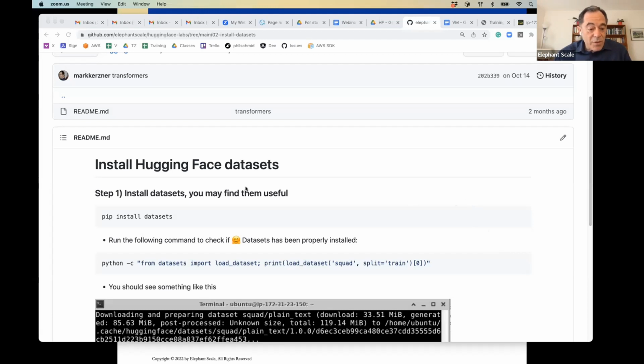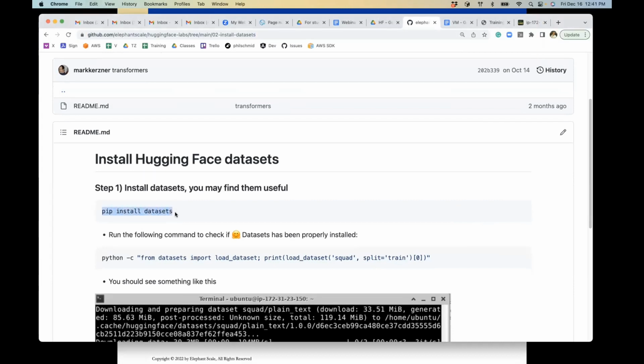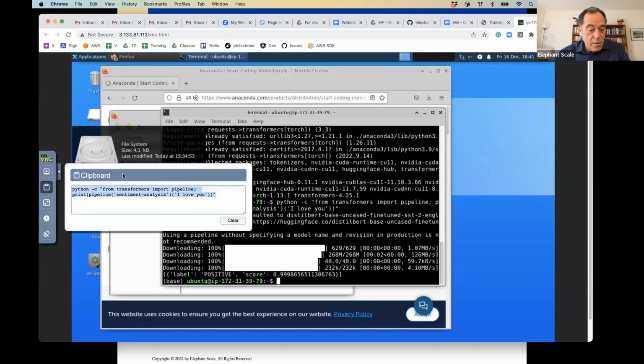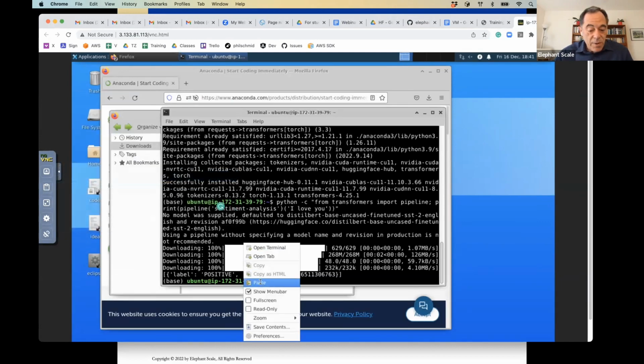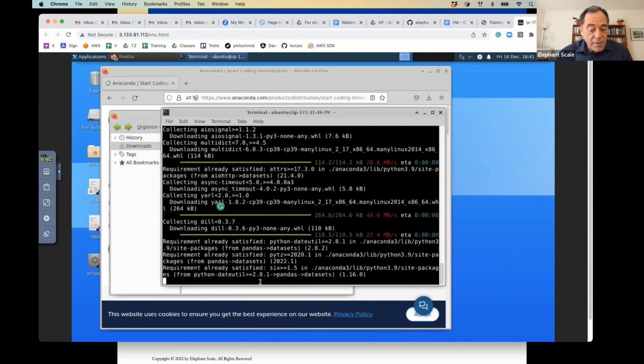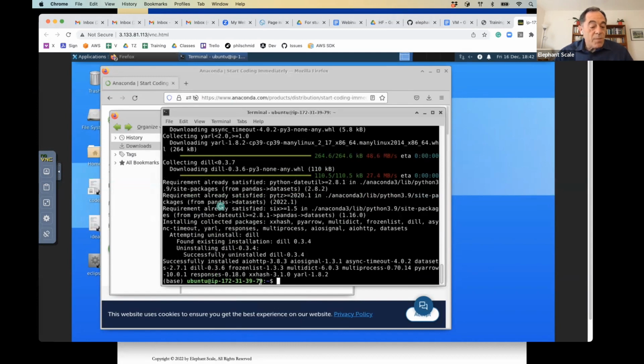Well, let's go back to the Hugging Face datasets. That's how we copy that. Okay, and put it in there. Again, we need the clipboard, put it there. After that, I don't need to copy it again. I can just run it here. Okay. And it installs all the datasets. That's the interface to the datasets. When you actually need them, it will automatically import them using this interface.